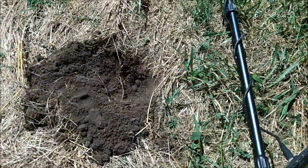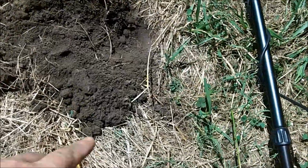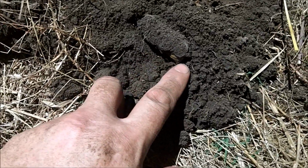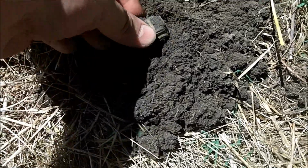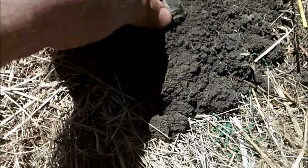I got something else cool in the hole. It was giving me a 21, and I finally popped it out. But check it out, I'm pretty sure I've got an old toy car. Are you kidding me? It's the same one that I found last time. It's the Hot Rod Roadster